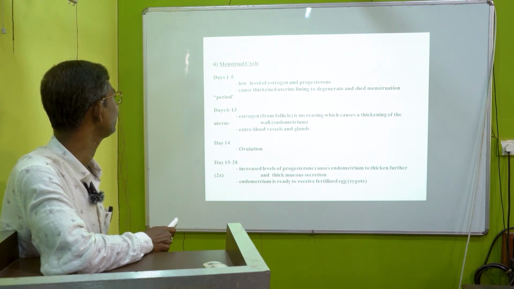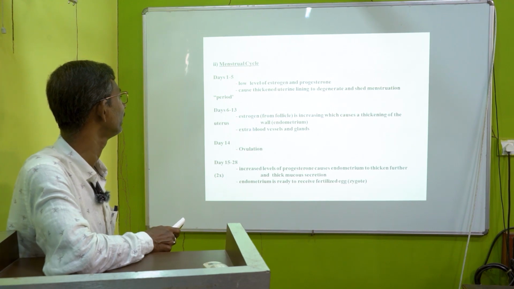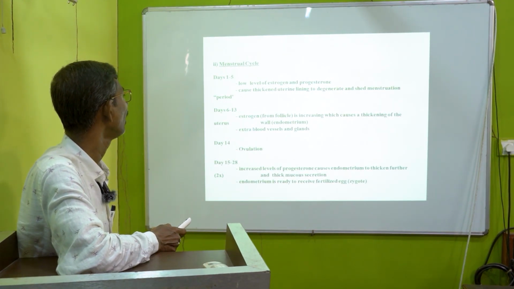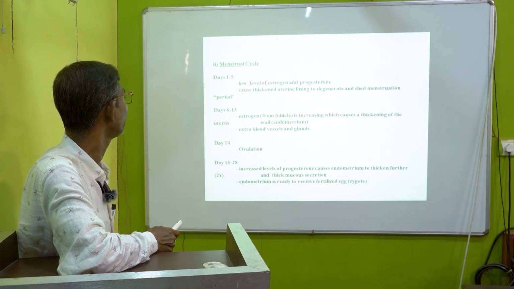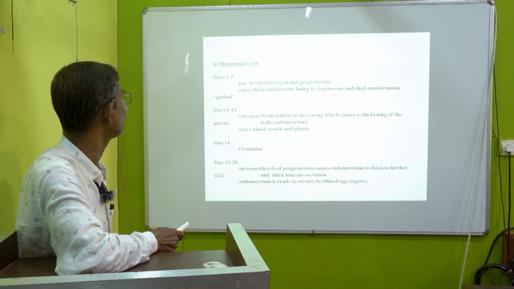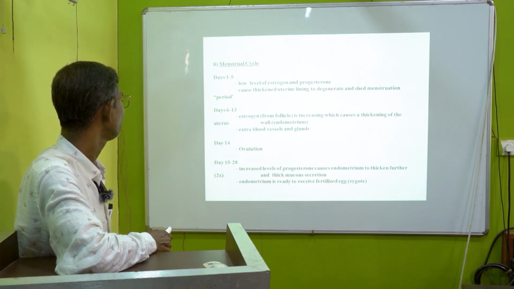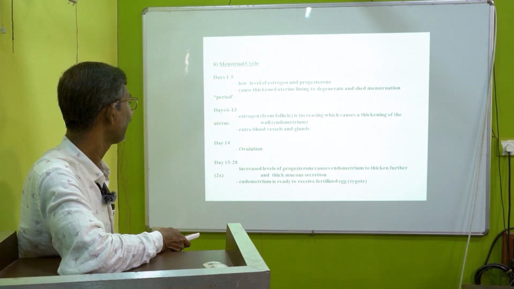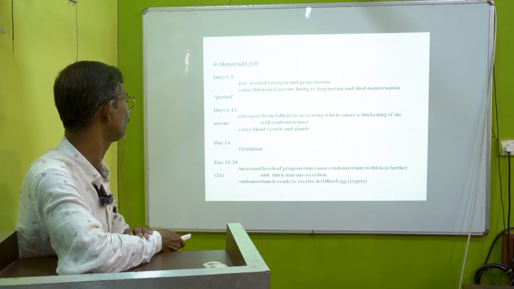Now, days 6 to 13: estrogen is released from the follicle and increases, which causes a thickening of the wall of the endometrium, with more blood vessels and glands. Then day 14 is when ovulation takes place. After ovulation, days 15 to 28, the increased level of progesterone causes the endometrium to thicken further, with thick mucus secretion, and